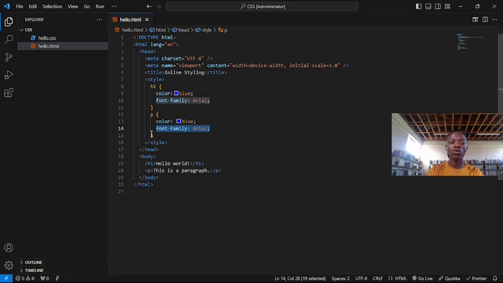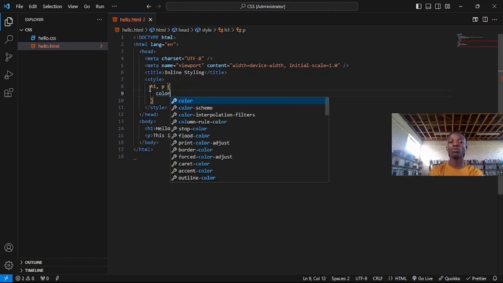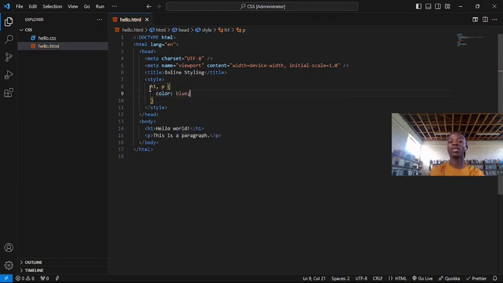So for you to get rid of that, let's say we want to apply the same style to the same elements, like this h1 and paragraph. We want to change the color to blue. We also want to change the font family to Arial. So the way you can do it, you're going to just get rid of this and just set h1, comma, and the paragraph, and then inside the curly braces you're going to put the styles that you want to apply to these elements, like this. And I'm going to say Arial,